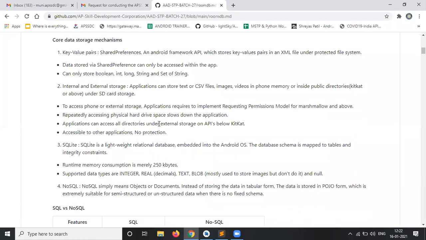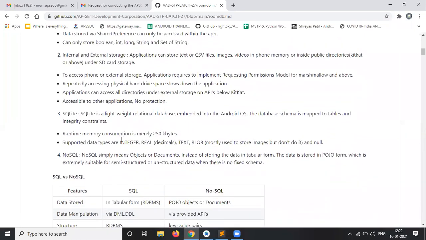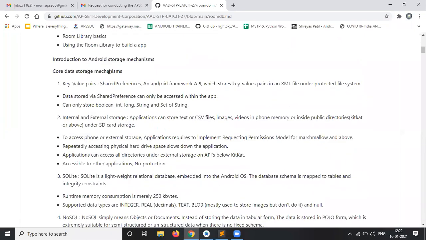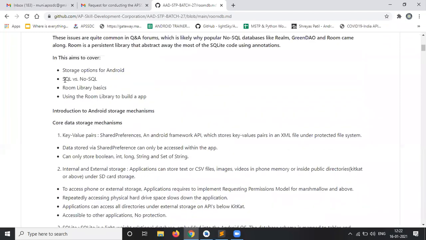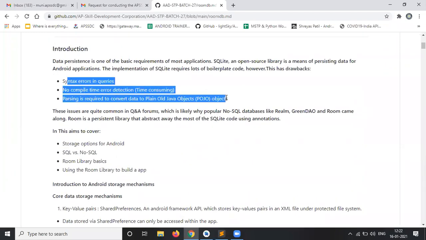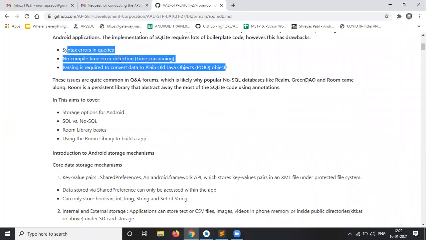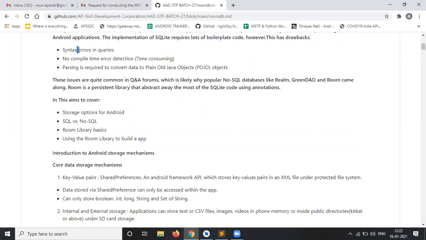Now coming to SQLite, there are some drawbacks in the SQLite DB. Here there are syntactical errors and no compile-time error detection, so it is time consuming.